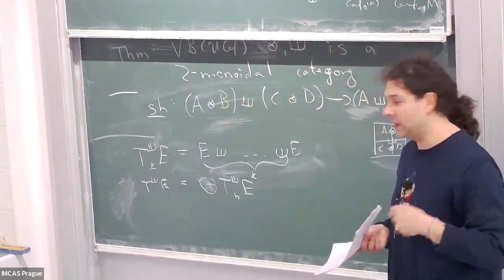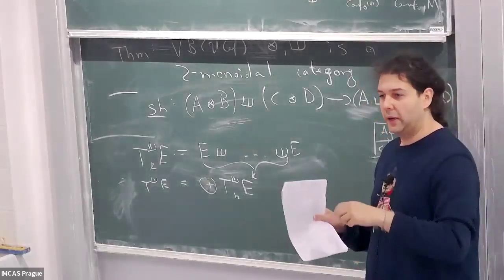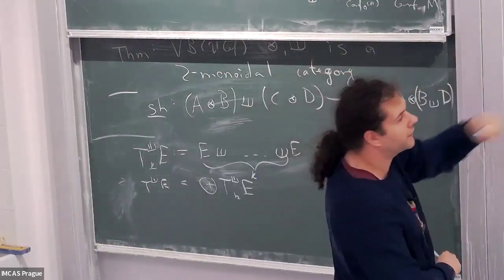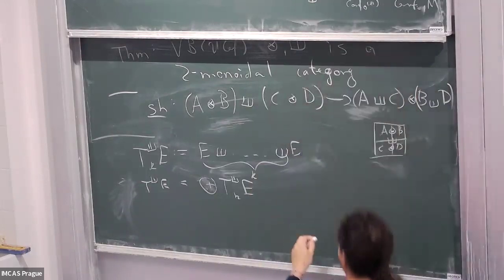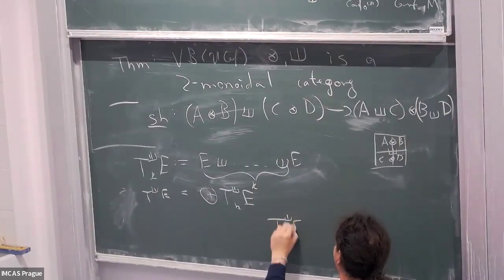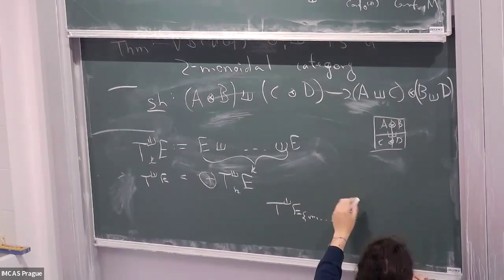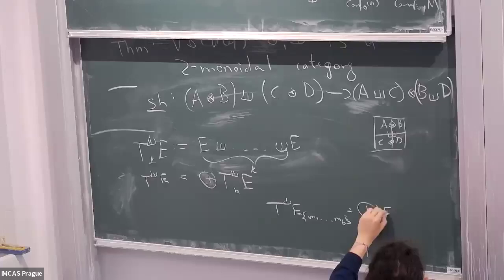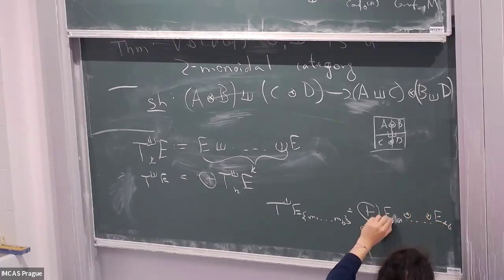When we do this, we appoint x1 to xk. This thing will have as a fiber all possible orders of E_x1 to E_xk. So by the way we constructed it, we have redundant copies. We have v tensor w and w tensor v in the original definition. So T shuffle E over a point m1 to mk will be a direct sum over permutations sigma of E_m sigma(1) tensor ... tensor E_m sigma(k).